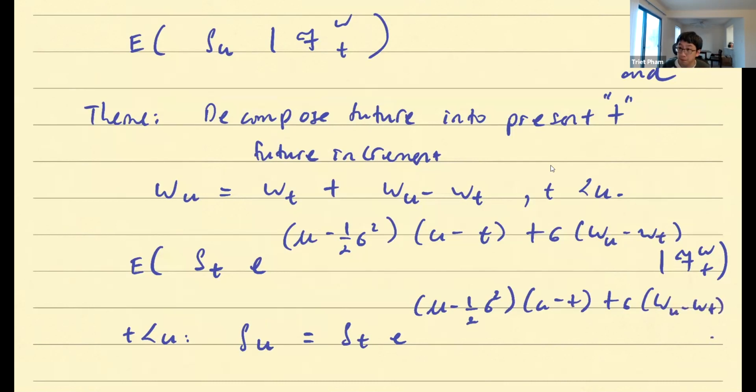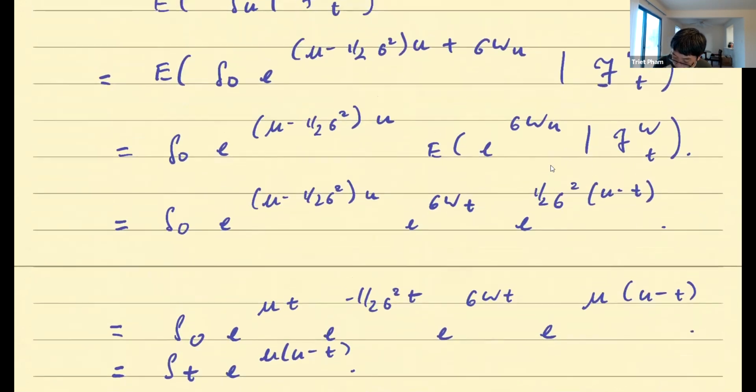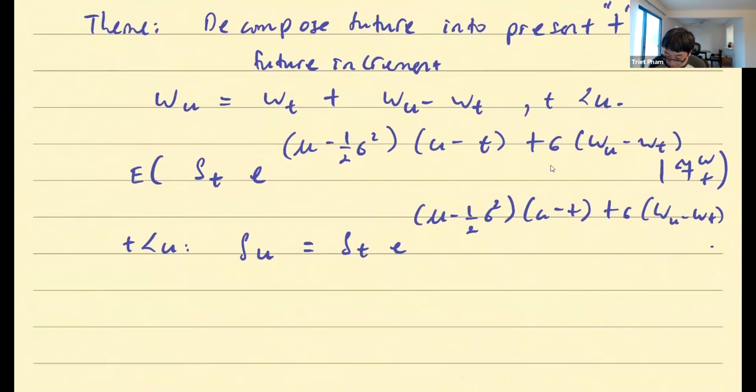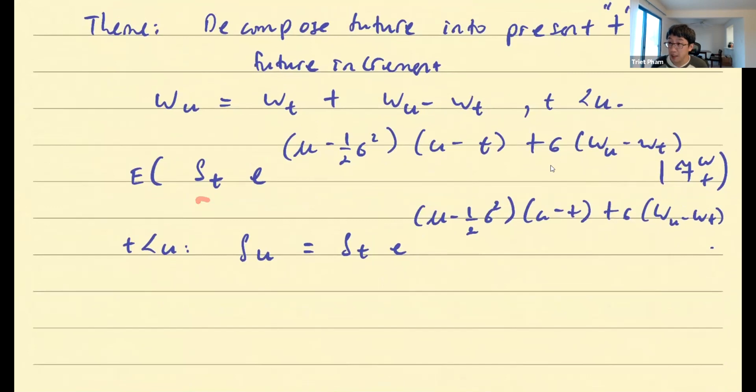Okay. So I claim that this is a more natural decomposition for the stock. Again, nothing wrong with doing what I did before. It's just awkward because at some point I was confused between what's present and what's future. And when I put the pieces together, I just make a mistake, right? When I decompose the stock itself directly, I'm less likely to make a mistake, as I'll show you why.